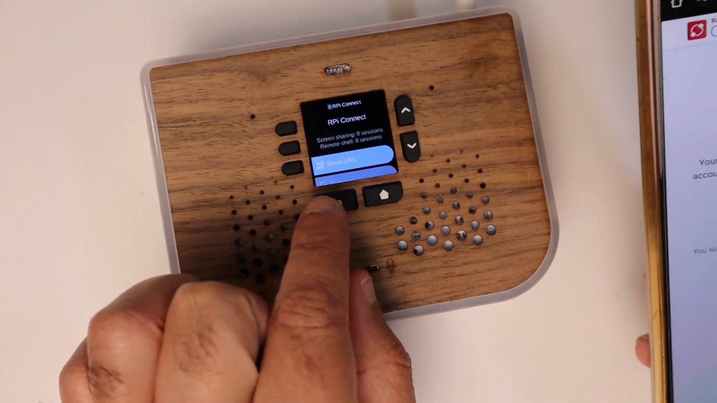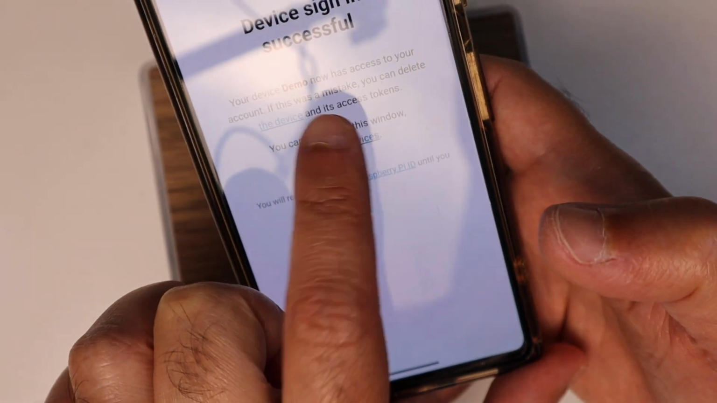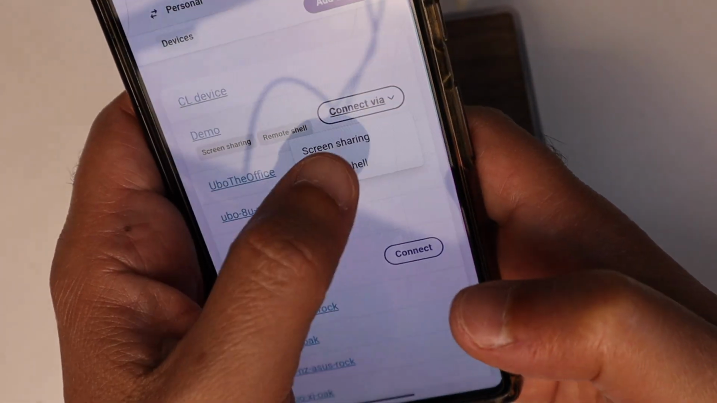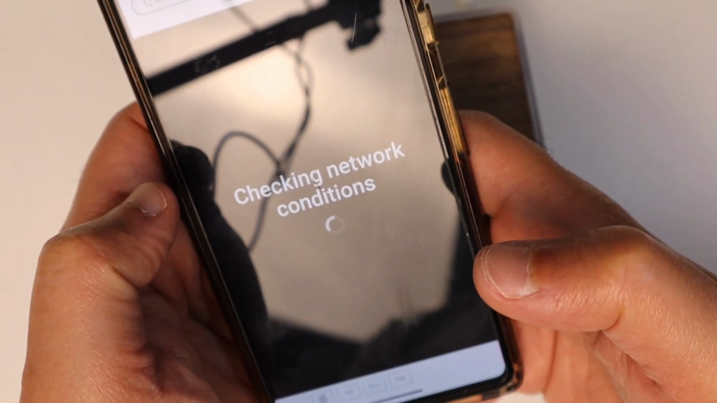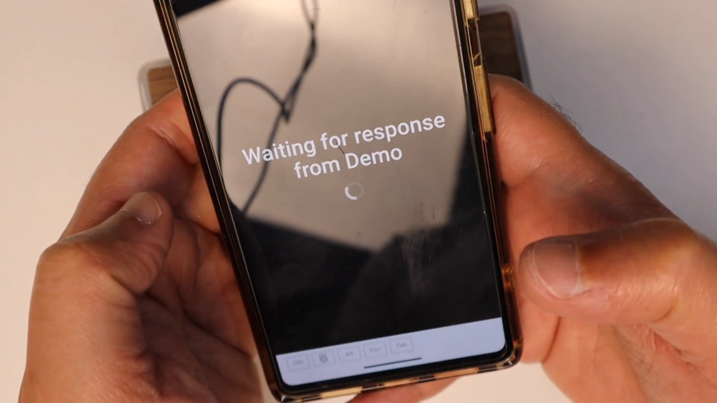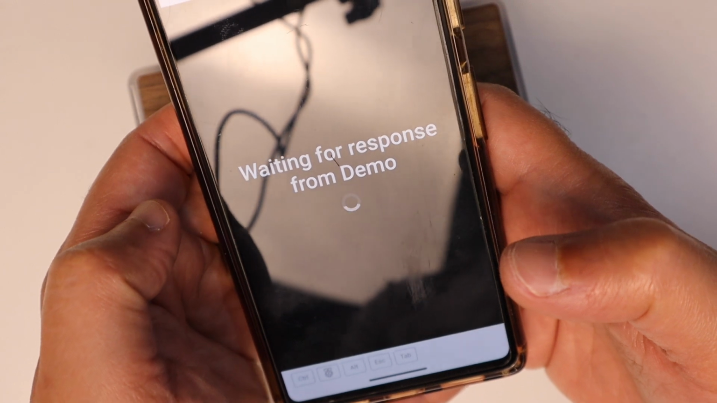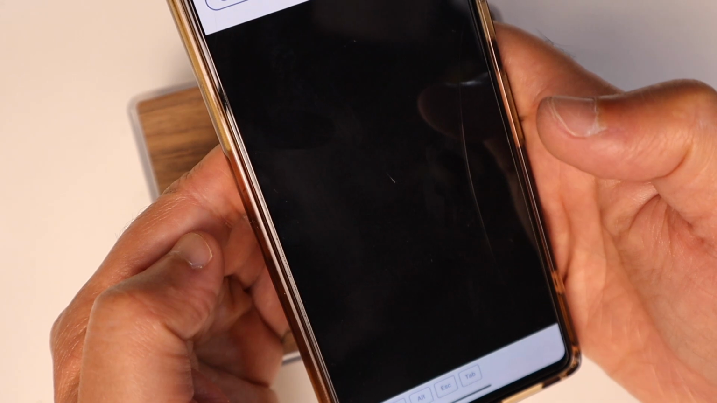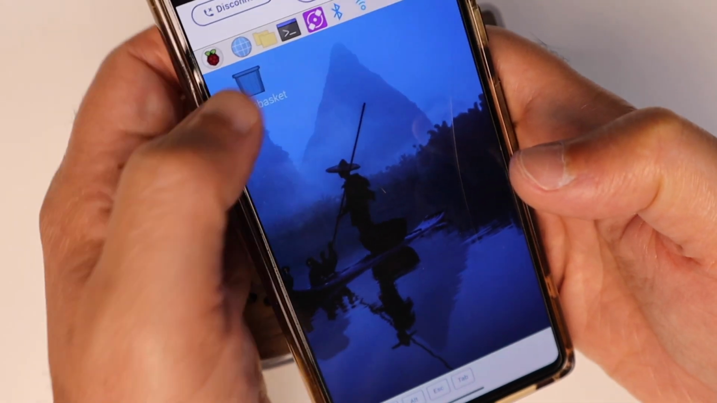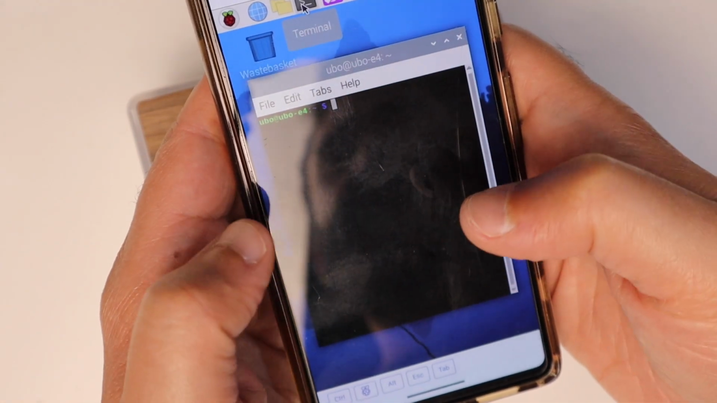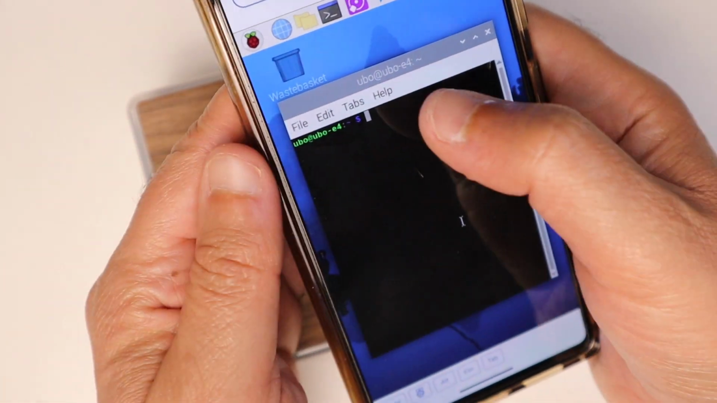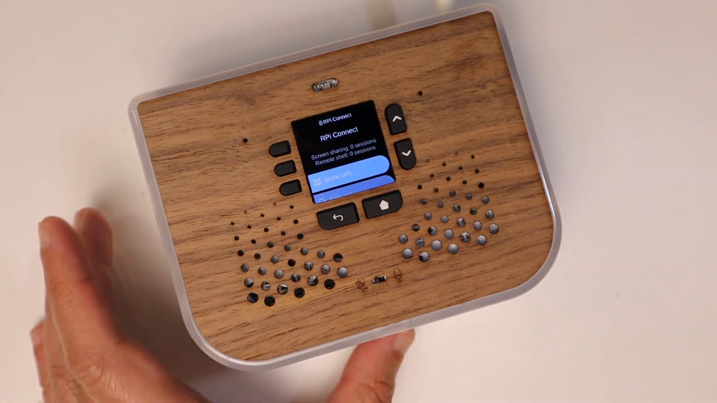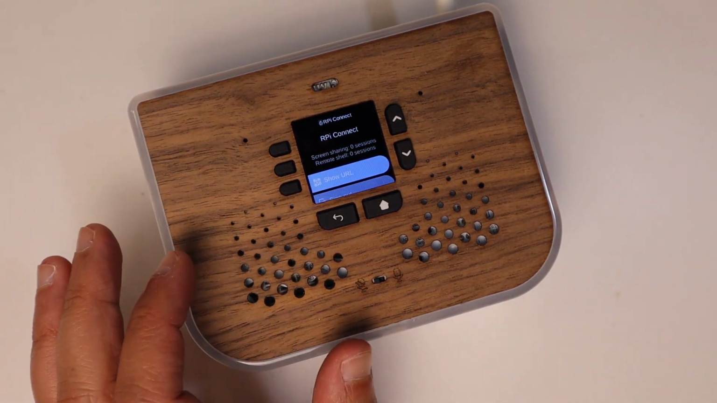Now we have RPI Connect, and we can go to view all devices on RPI Connect, and we have the demo. So I can go connect via screen sharing, for example, and I can see my desktop remotely. So you don't even need to connect a monitor to get to your remote desktop. There you go. I can open a command terminal and start typing. So basically this is a very easy way to connect remotely using Raspberry Pi Connect to your Ubo